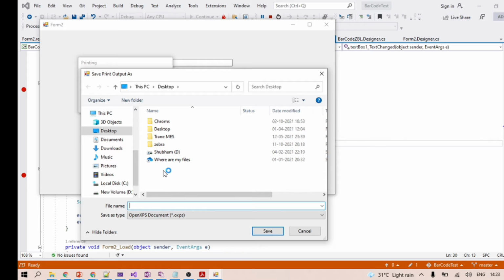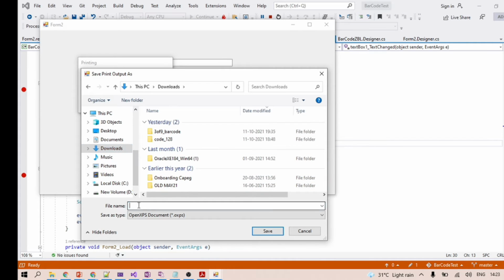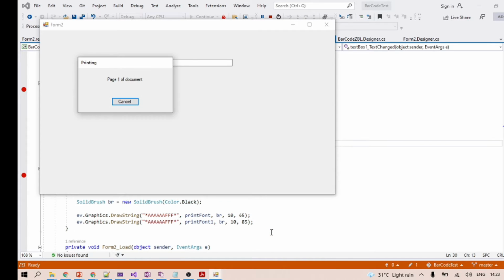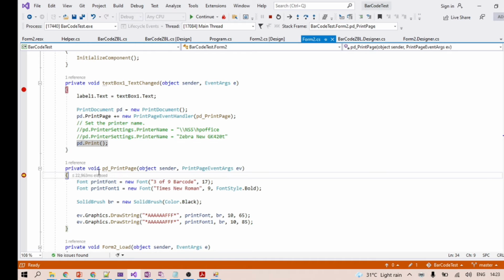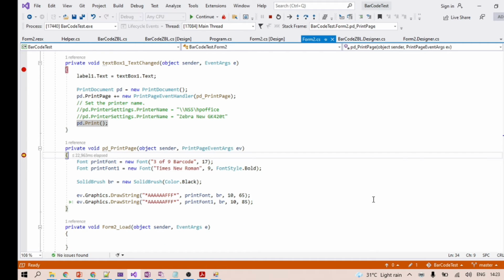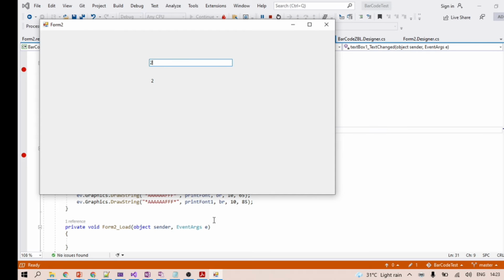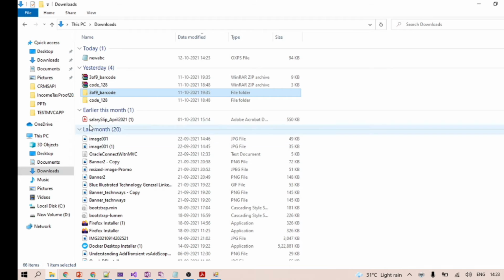See, it's asking for a name, what name you want to put here. I just wanted to put new ABC. It's coming here. Now it will generate for the print. Whatever configuration we are giving here, the same configuration will get generated there. Okay, it's been done. Let's see whether it is generated or not. You can see new ABC is generated.